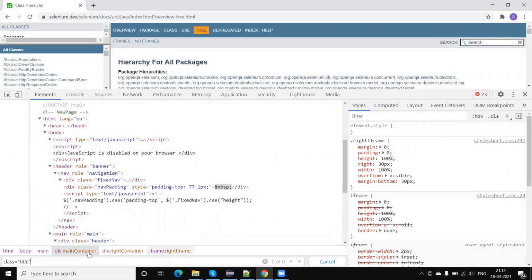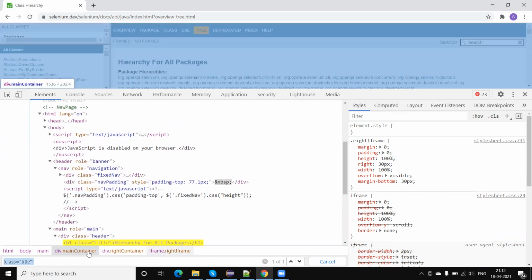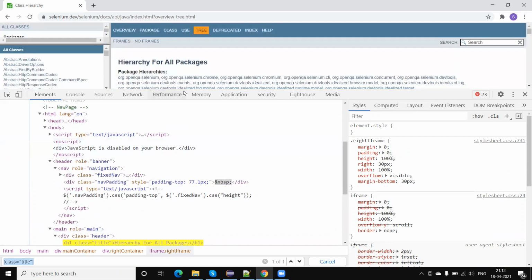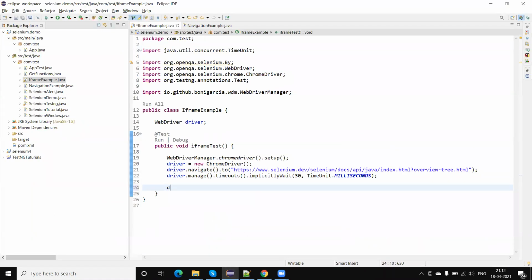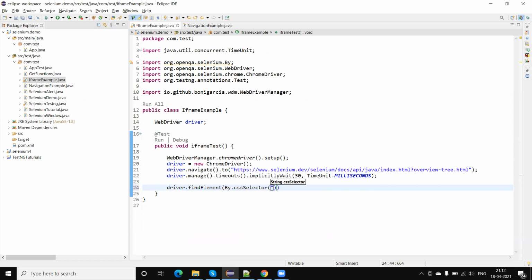So first I will create the locator. This is the CSS selector. I copy this and then I'm going to use here driver.findElement by CSS selector, passing here the CSS locator.